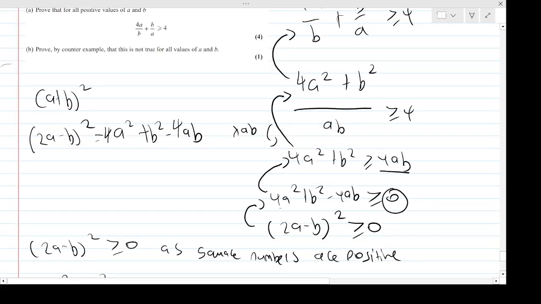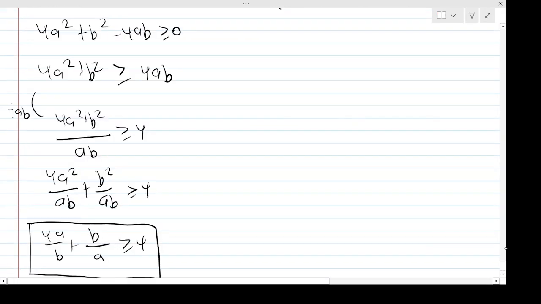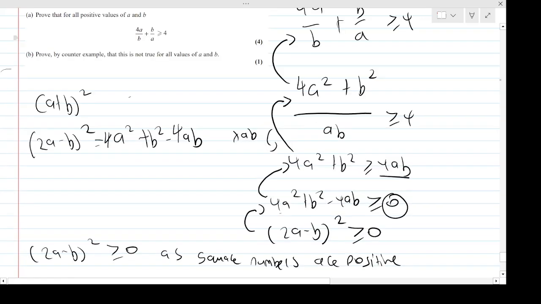So hopefully you get the gist for these sort of inequality proofs now. Eventually we can simplify and work with the inequality to see what we need to consider, right? And often we do need to consider these two brackets, a plus b squared or a minus b squared at some point. There we are. Okay, then part B says prove by a counterexample that this is not true